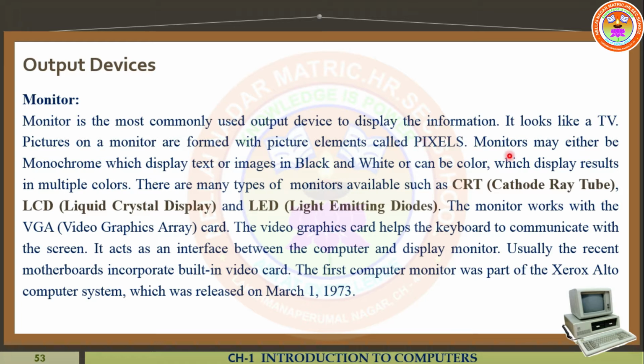Generally, monitors may either be monochrome display or color display. A monochrome display shows both text and images in black and white, or it can be color, which displays the result in multiple colors. So there are many types of monitors, such as number one, CRT, cathode ray tube; number